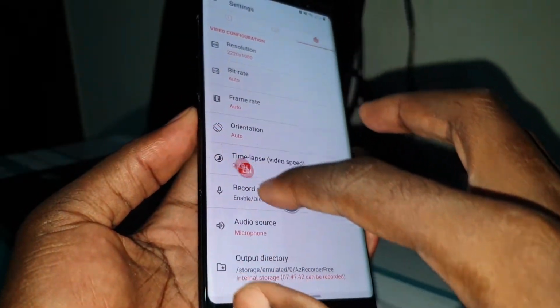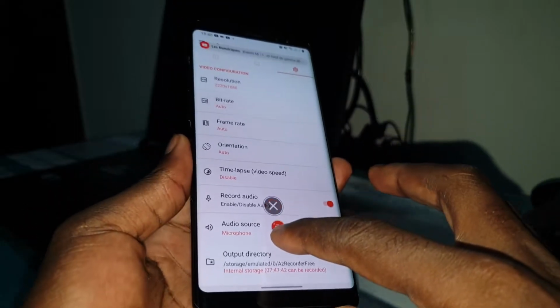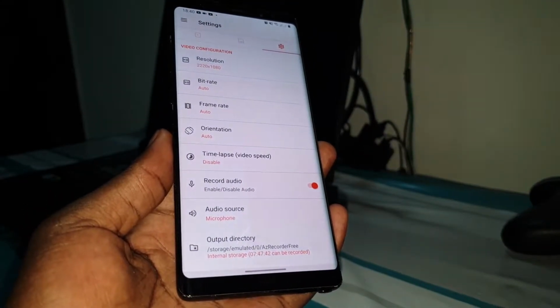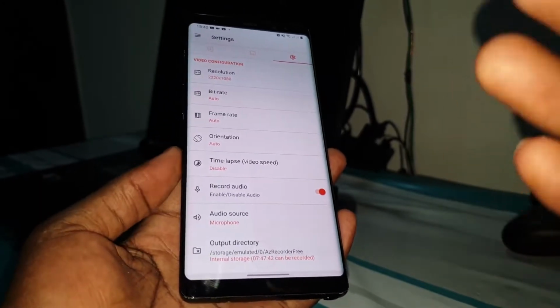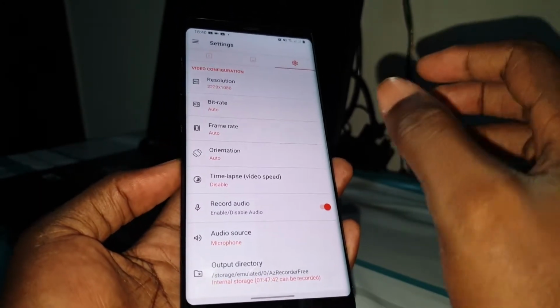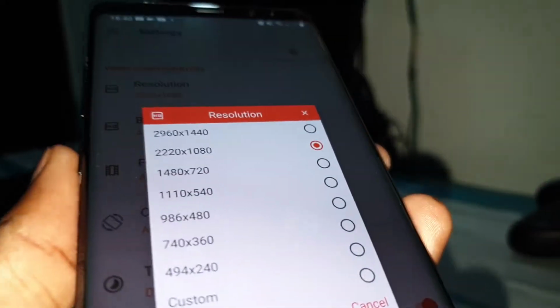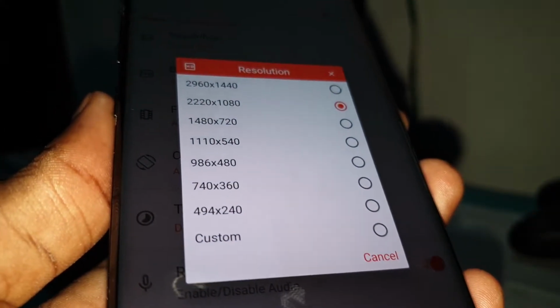Okay, let's move this. Look at what you can do. You can move it like that. This is wonderful. This is AZ Screen Recorder version 5.8.2.5. Look at that. I can select my resolution. Look, you can record in 4K.